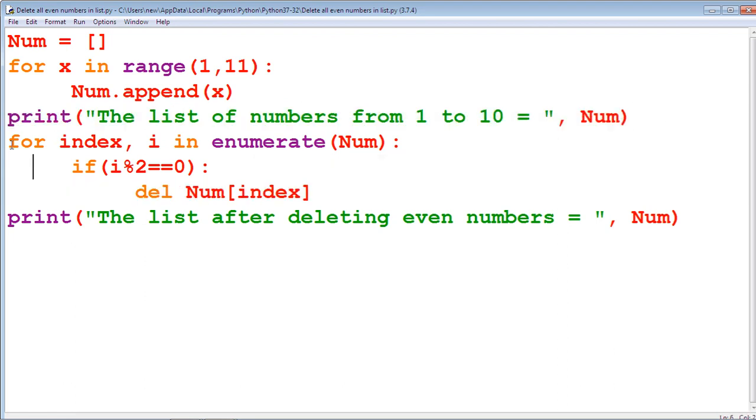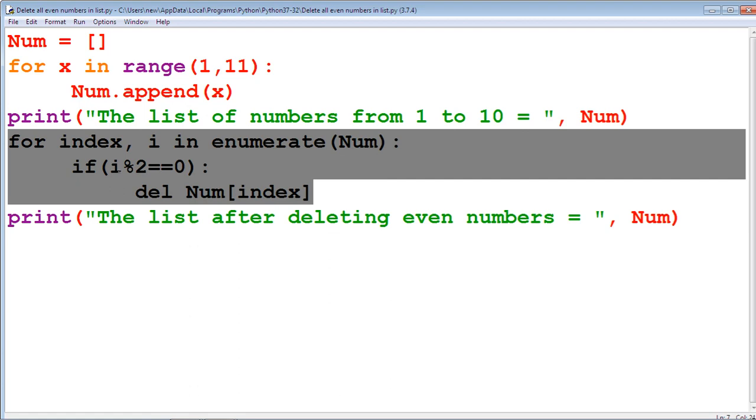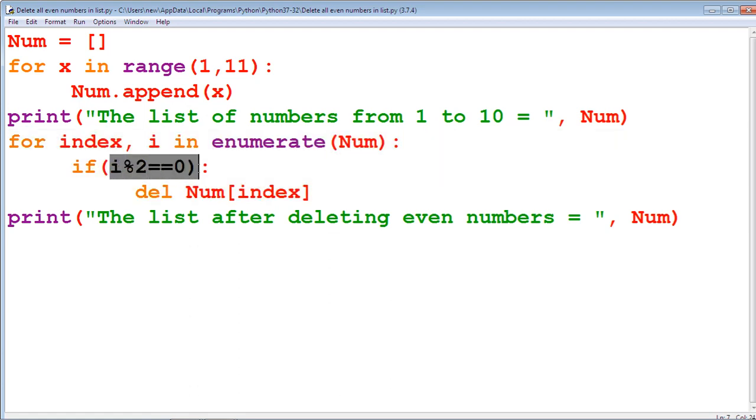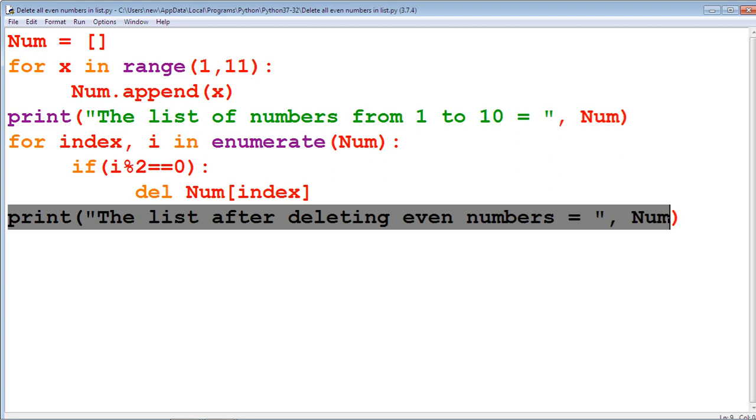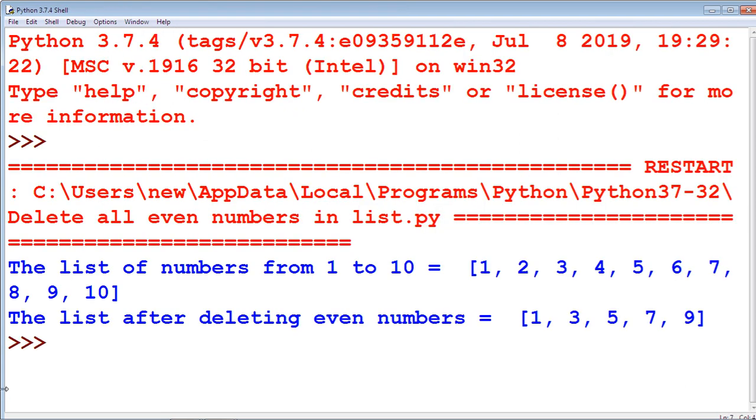In the second section, the same for loop is executed, but the numbers divisible by 2 are deleted by using this statement, and finally the remaining elements of the list are printed. Run module, we get the result 1, 3, 5, 7, 9. Here 2, 4, 6 are deleted from this list.